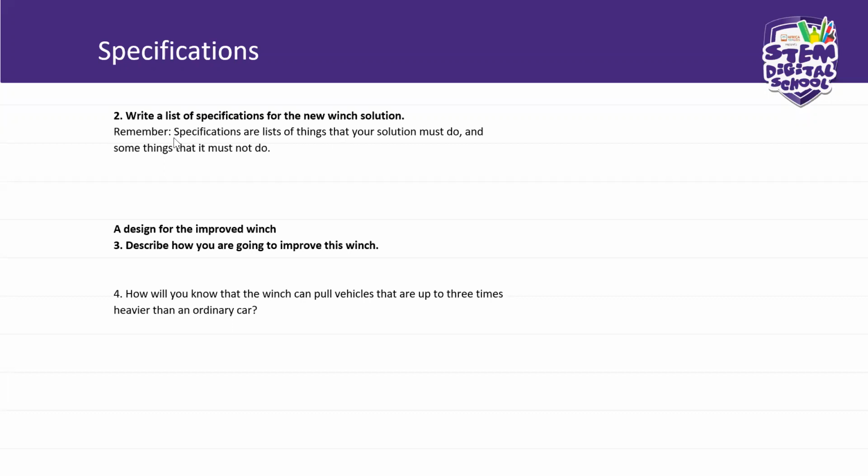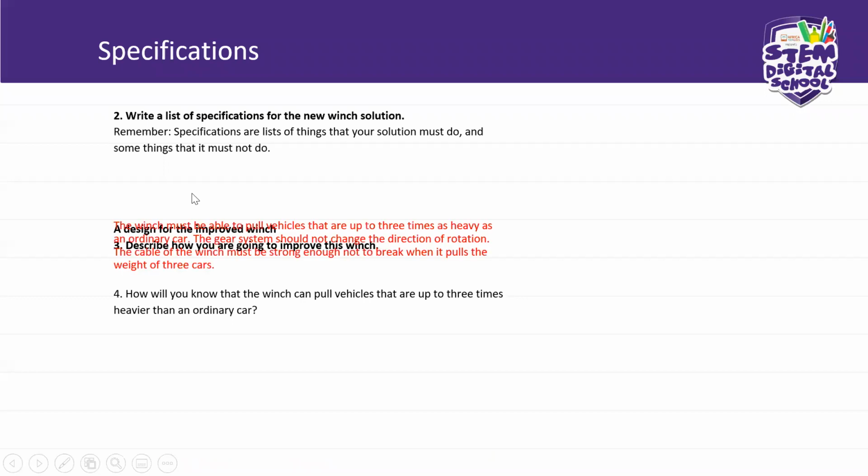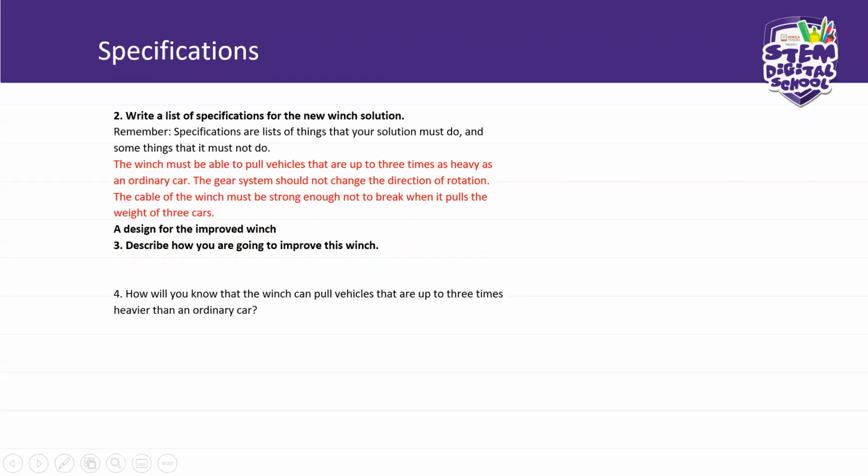Right. Now write a list of specifications for the new winch solution. Remember, specifications are lists of things that your solution must do and some things that it must not do. See? Right. The winch must be able to pull vehicles that are up to 3 times as heavy as an ordinary car. The gear system should not change the direction of rotation, obviously, because the tow truck